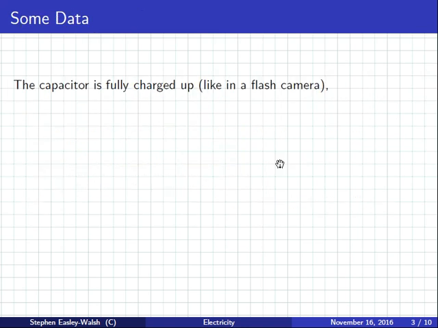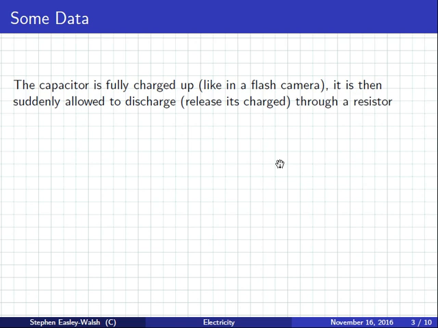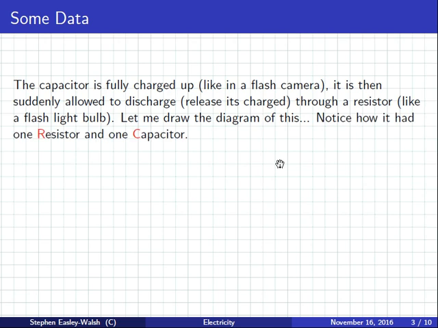So, the capacitor is fully charged up, like in a flash camera, and then it suddenly discharges. So the capacitor charges up, and then the energy comes out through a resistor. In the case of a camera, the resistor is the light bulb. I don't need to draw this because I don't have a pen, but you know what it looks like. So you have a capacitor and a bulb. That's it. But what I'm going to do now,